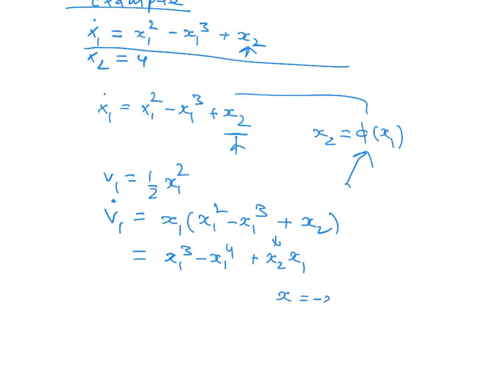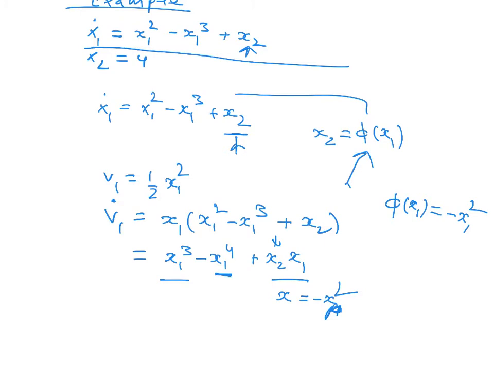If I choose x2 to be minus x1 squared, for example, what happens? Minus x1 squared will give me an x1 cubed term, and this will cancel out, which is a good term to have because it becomes negative. So what is phi of x1 then? Phi of x1 is minus x1 squared. That is what we called phi of eta. We picked this term so that